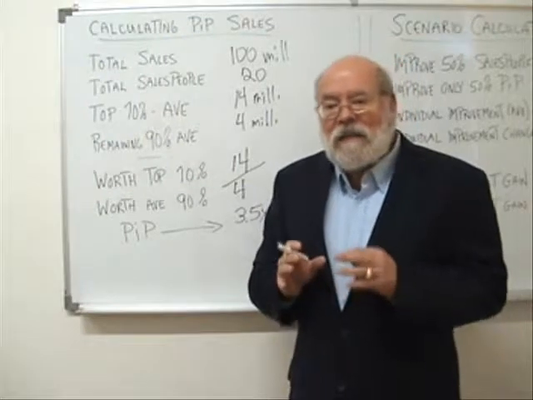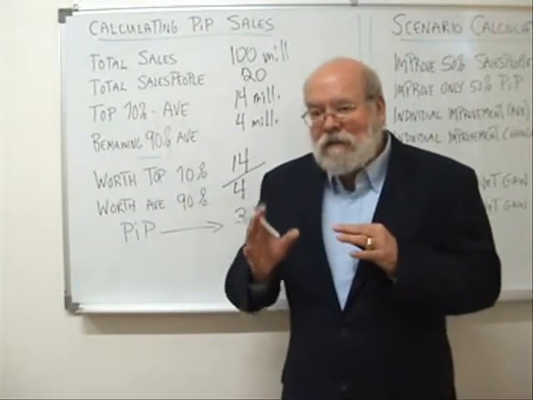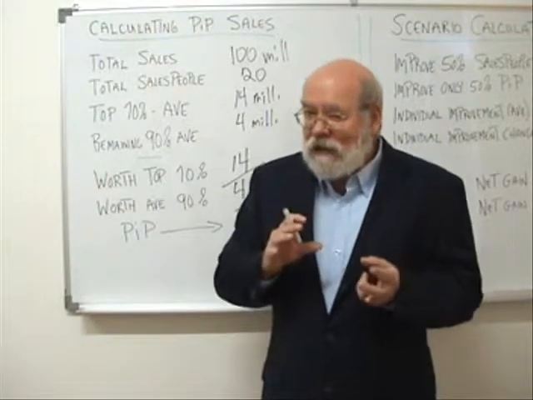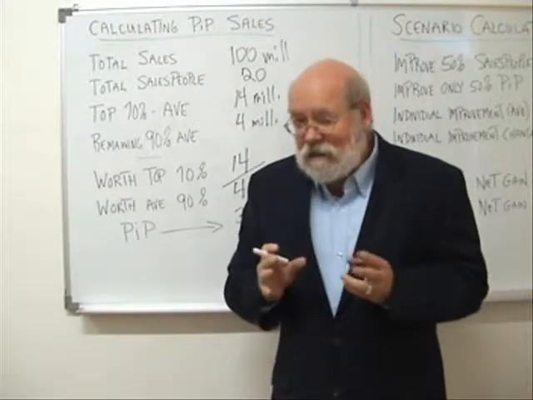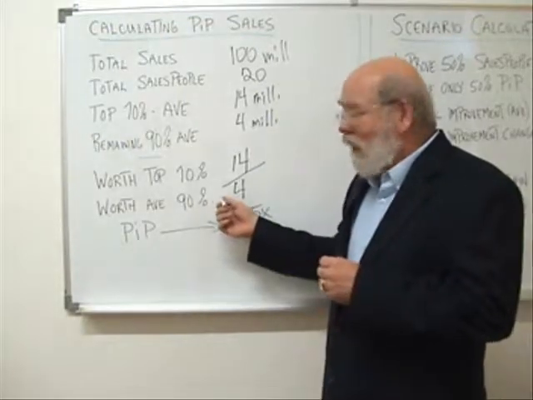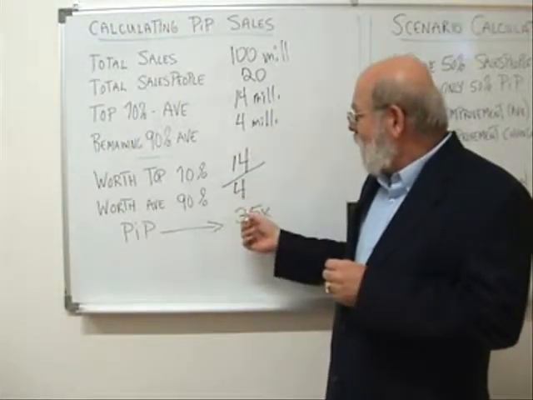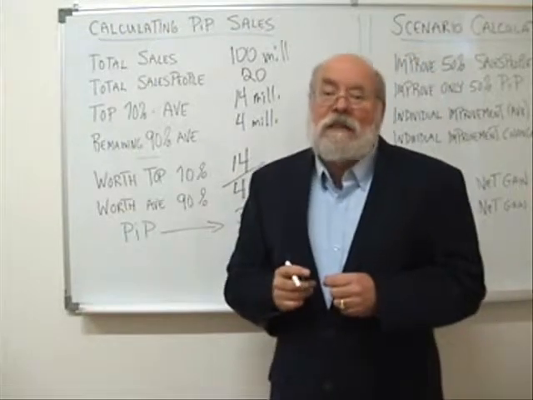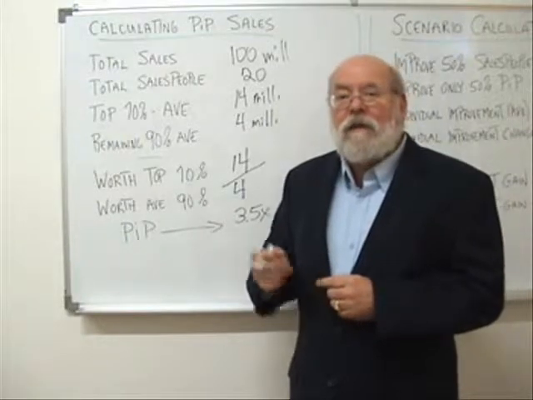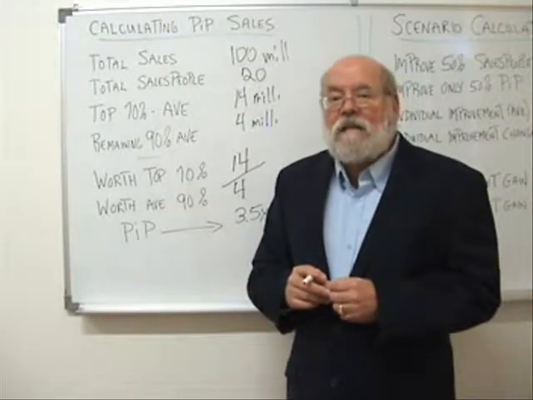So what we're saying is if we could come up with the right way to solve this problem, and that might be changes to procedure, maybe training, and maybe a combination of things, motivation strategies, compensation, that we might have the potential to move our average performers up 3.5 times to get closer to the top performers. Now we take a look at these numbers, and then we'll go back into how we calculate our scenario.